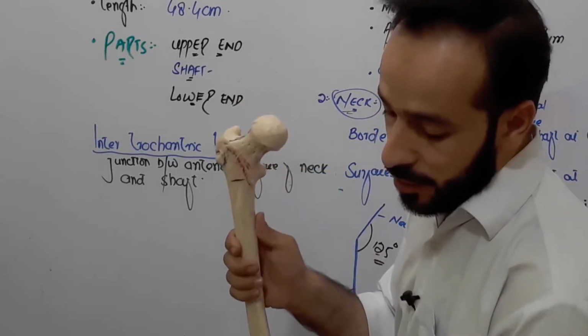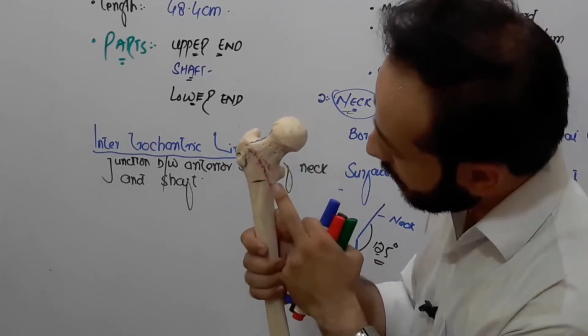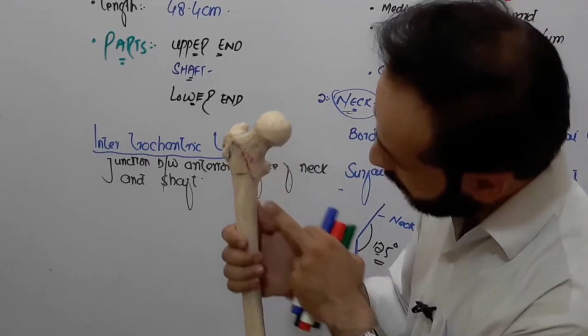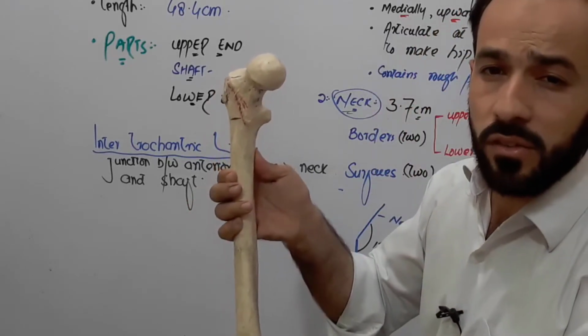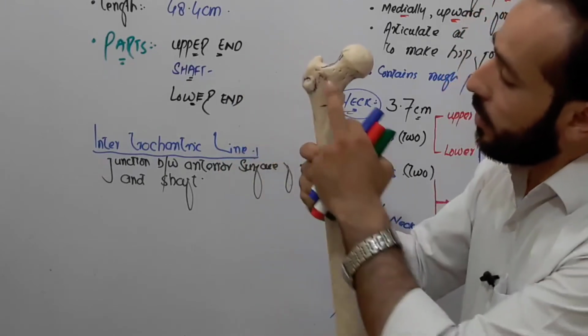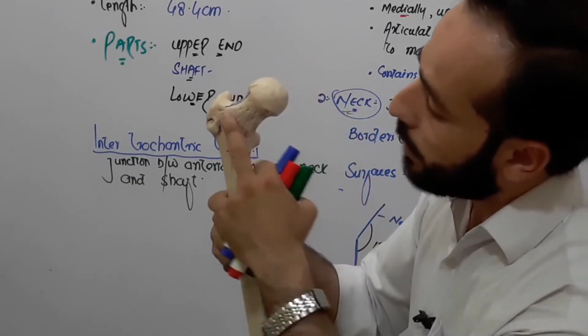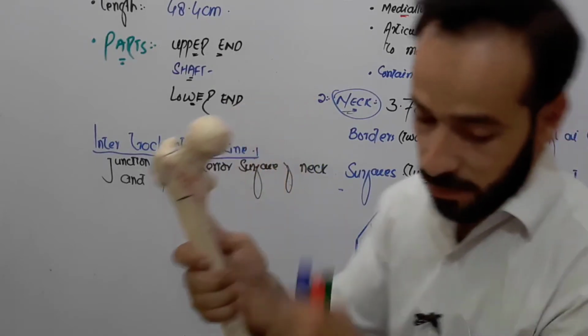So we say it begins at the tubercle of the greater trochanter and ends at the spiral line. So there is the spiral line of this bone, which we will discuss while we discuss about the shaft of the bone. Okay, so we say it begins at the tubercle of the greater trochanter and ends at the spiral